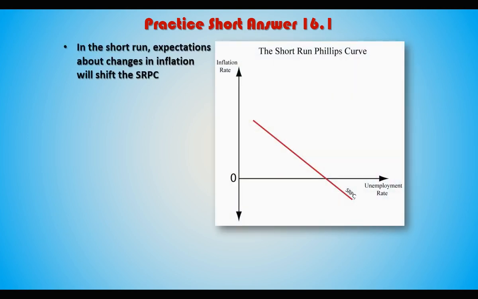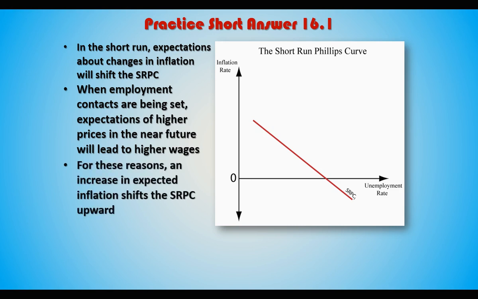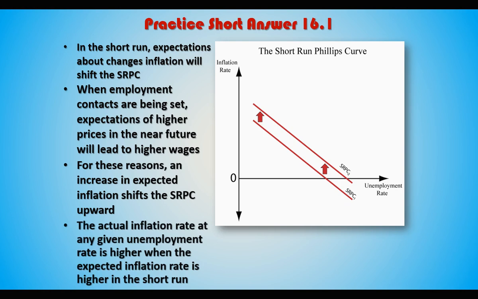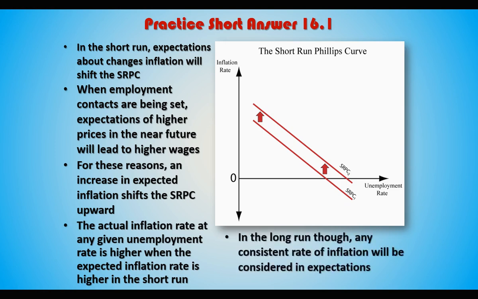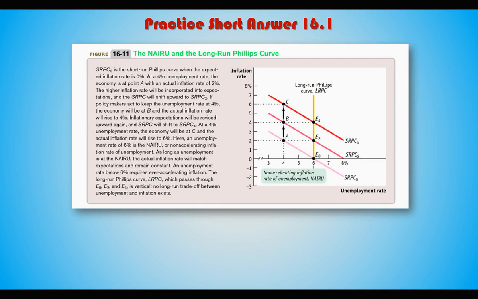So again, in the short run, expectations about changes in inflation will shift the short-run Phillips curve. When employment contracts are being set, expectations of higher prices in the near future will lead to higher wages. For these reasons, an increase in expected inflation shifts the short-run Phillips curve upwards. The actual inflation rate at any given unemployment rate is higher when the expected inflation rate is higher in the short run. In the long run, though, any consistent rate of inflation will be considered in expectations, and therefore you will not have that trade-off between unemployment and inflation in the long run, and so the long-run Phillips curve can simply be represented as a vertical line at the